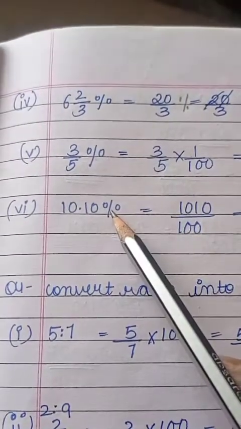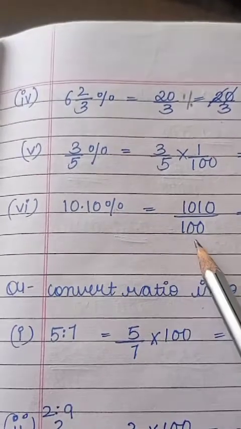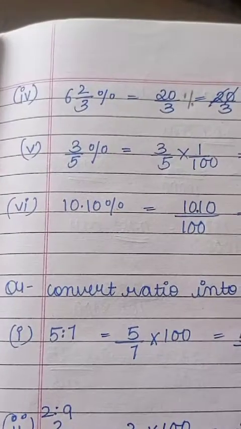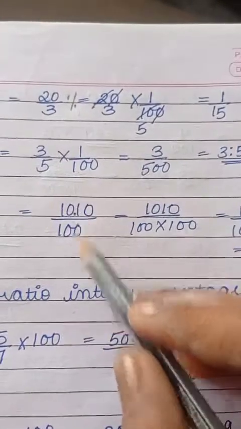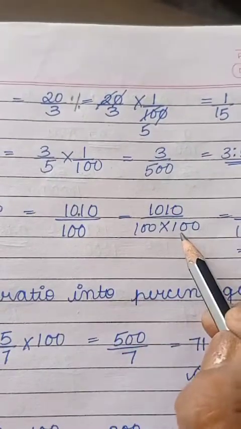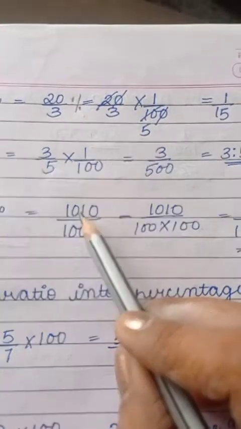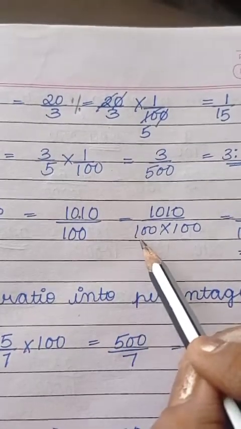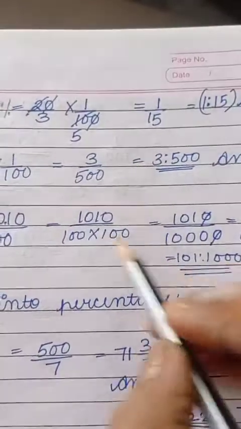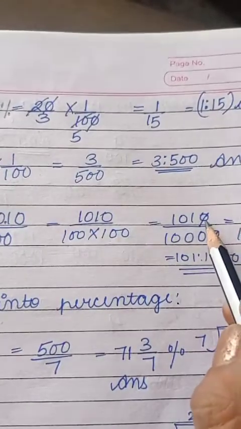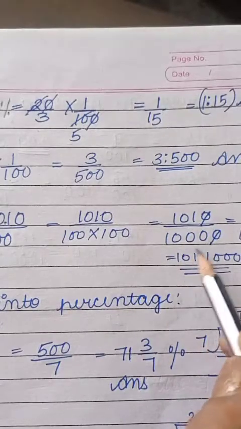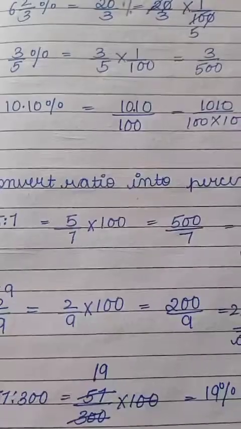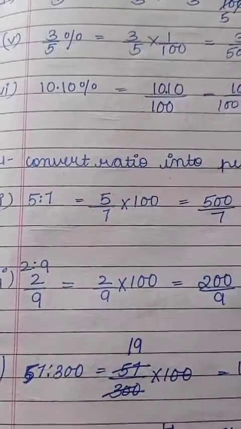So same way, this is a decimal problem. Clear? First you remove the percentage, 100 will come over here and here will be the decimal. Now you have to remove decimal also. This 100 is because of percentage and this 100 if you remove decimal. After the decimal there are 2 digits, so 100 will come over here. Now you can see here 1 0 gets cancelled with this. You are left with 101 over 1000. So this ratio is your answer. Next question, change into the percentage.